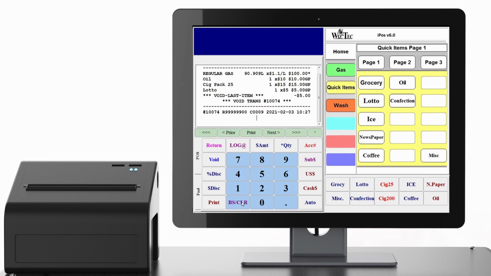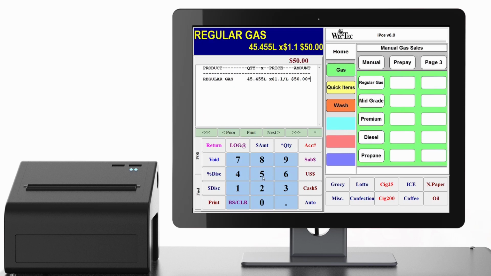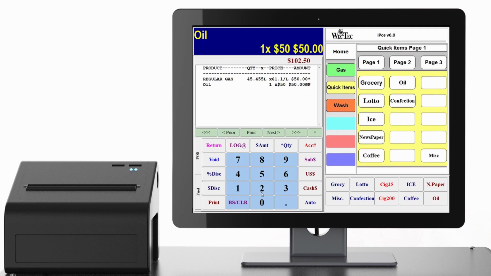Next, we'll be voiding an item in the middle of the transaction. Since the void button will only void the last item listed, you need to use the return button to void an item in the middle of your transaction. For example, if we want to void the $50 worth of oil, I would press the return button